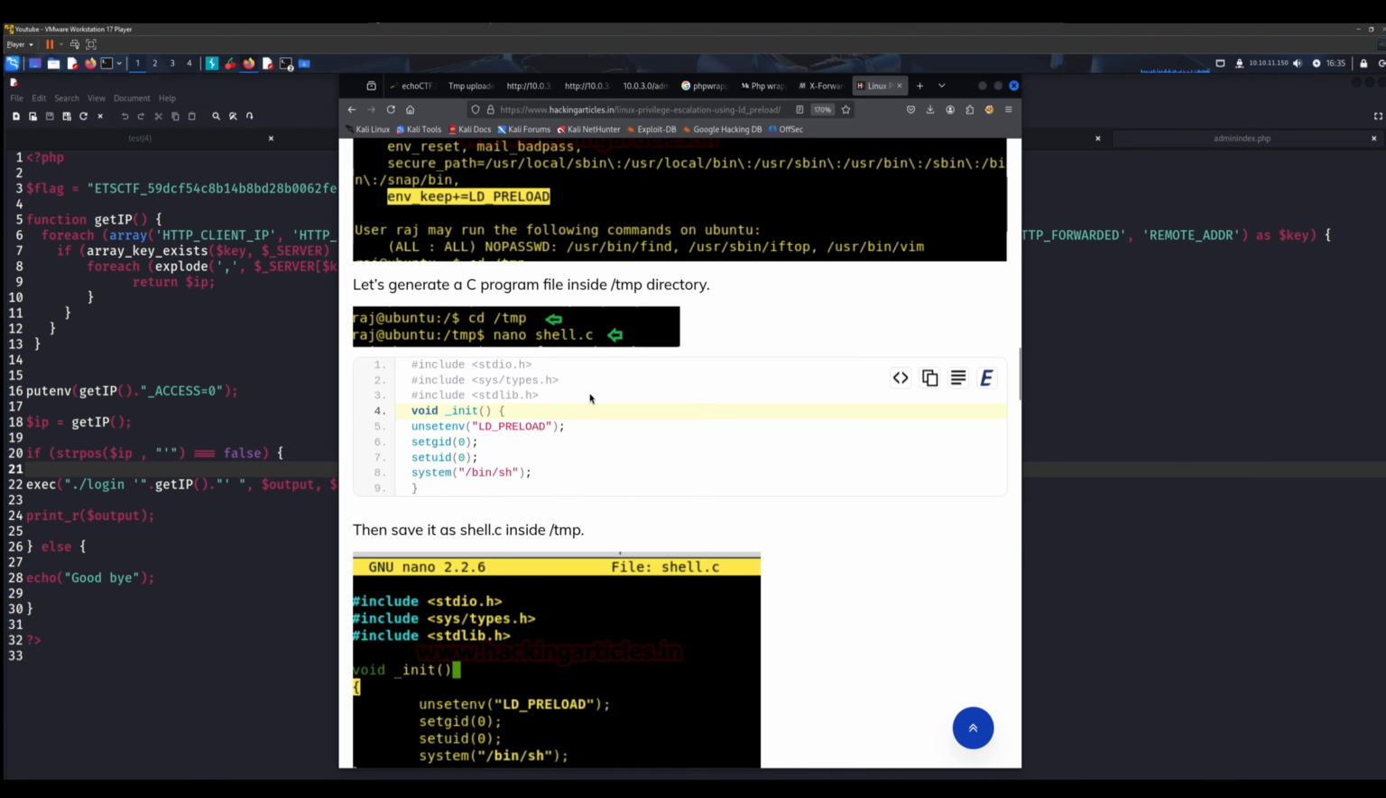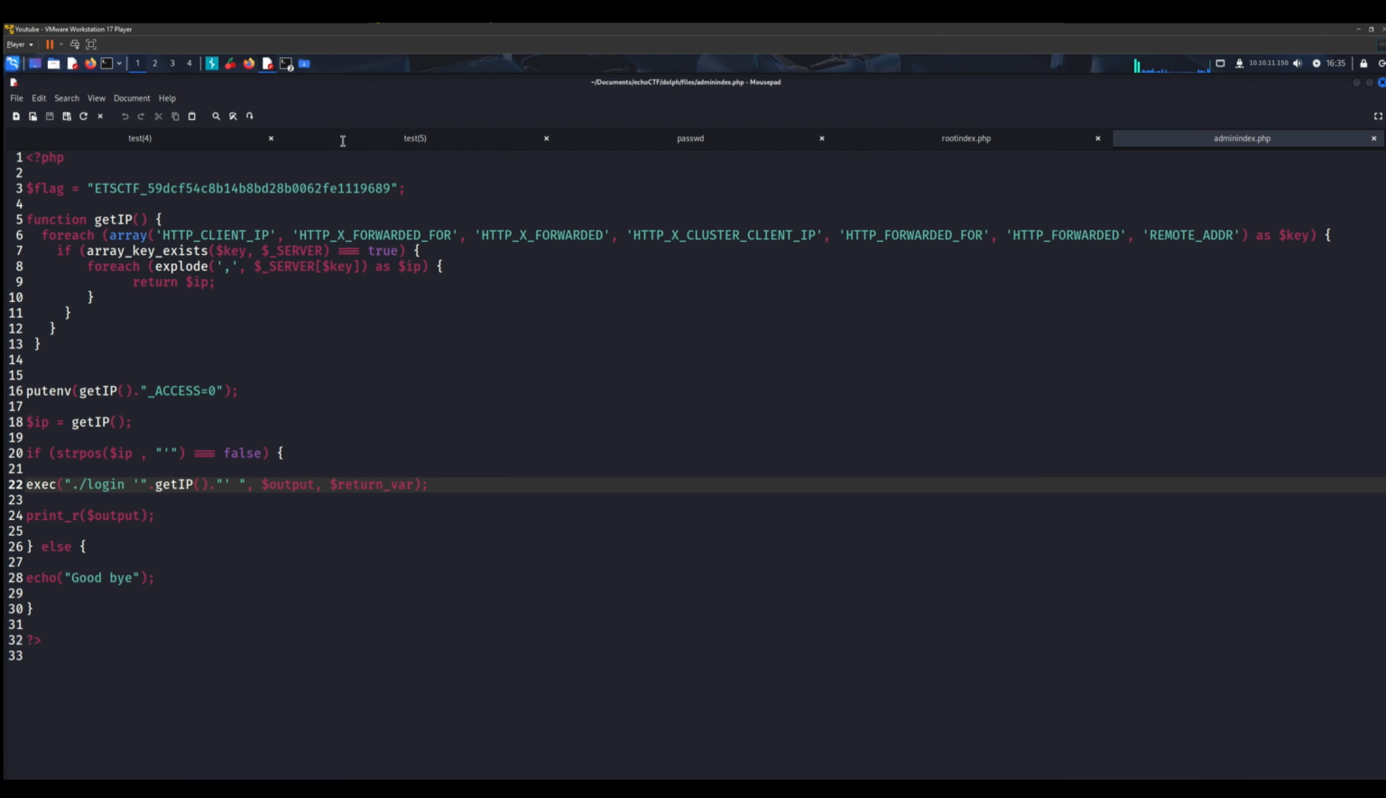So in our case, if we want this to work, first of all we have to remove these two, because we don't know if the login binary is used by root, and we don't want to get root immediately. So for now, we want to get initial access on the box. So let's go ahead and try this out. So let me copy this example right here